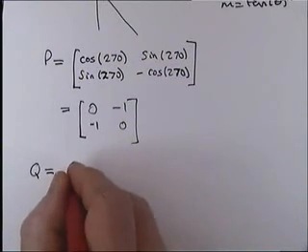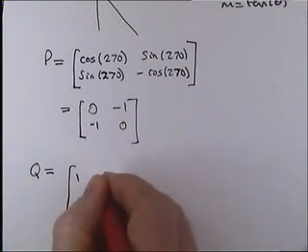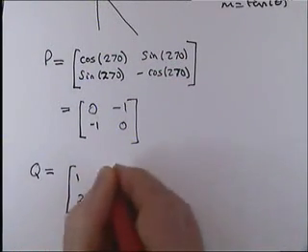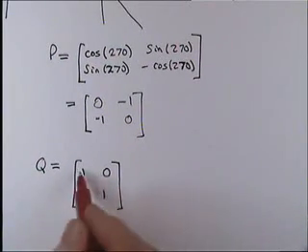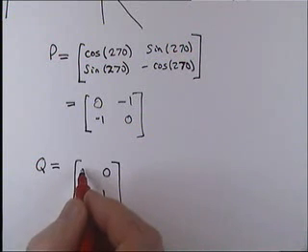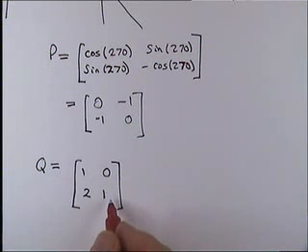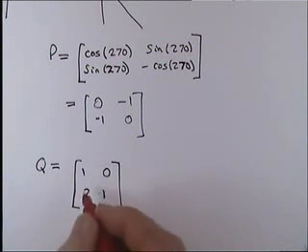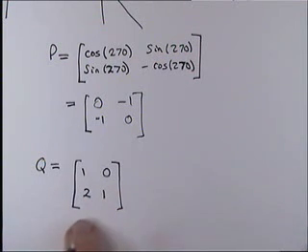Okay, so we get 1, 0, 2, 1. Now if it was a stretch, then we change these two values, this one to make it a stretch in the x, this one to make it a stretch in the y, but as it's a shear in the y, we change the 0 to be the scale factor we're looking for, which in this case is 2. So that means we've got